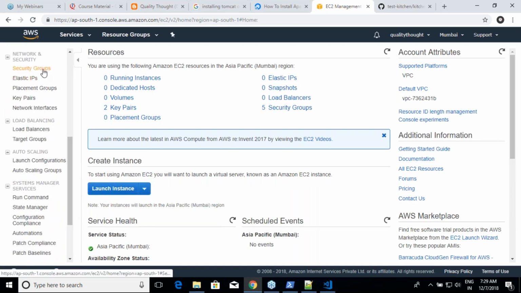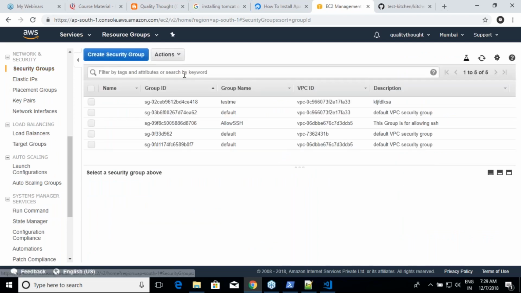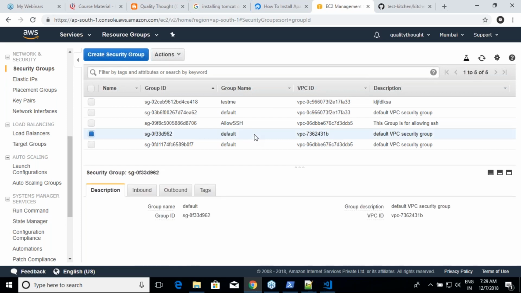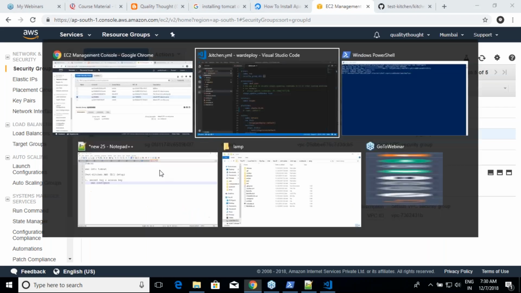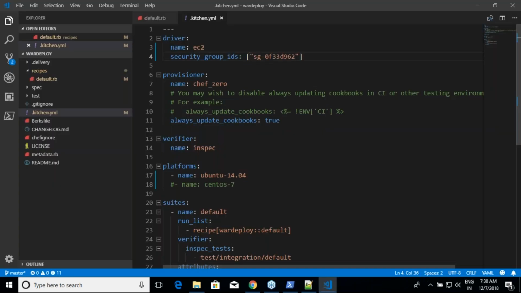Yes. There are many security groups over here, and I'll be going with the default security group. You can take anything, but remember, your security group and your network have to match. You will not have trouble because you have only one network, right? So what is the security group ID over here? Copy this. You have to give the ID, not a name. Okay, so that is done.